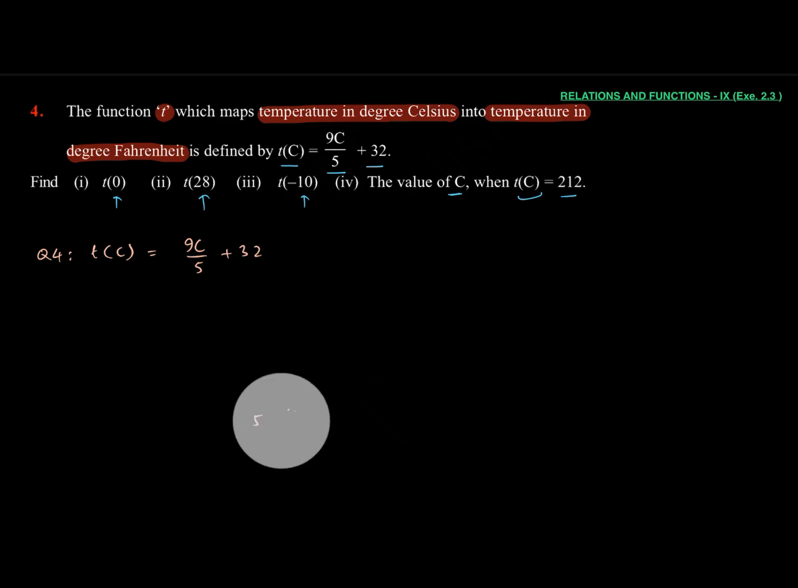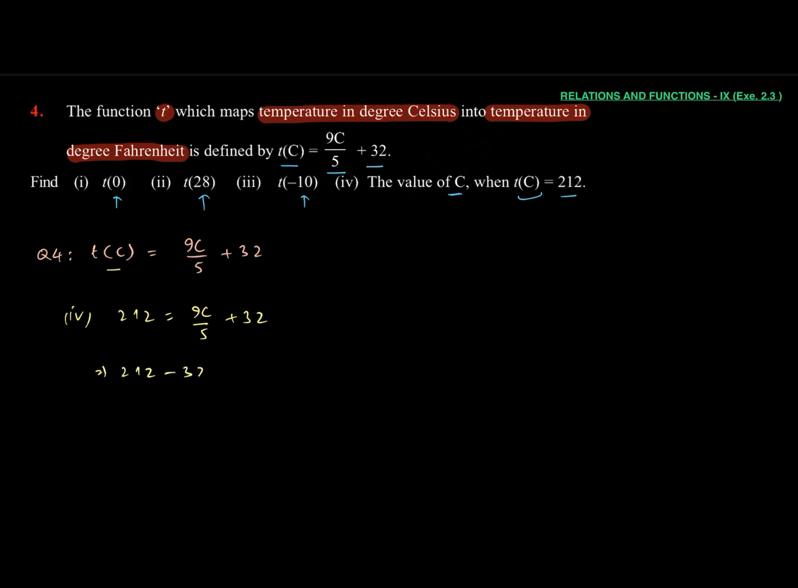Now in part number 4, we'll have to find the value of C when t(C) is equal to 212, which means that the value of the function is 212. So this is part number 4. Here we have t(C) = 212, which is equal to 9C/5 + 32. Subtracting 32 from both sides, we'll have